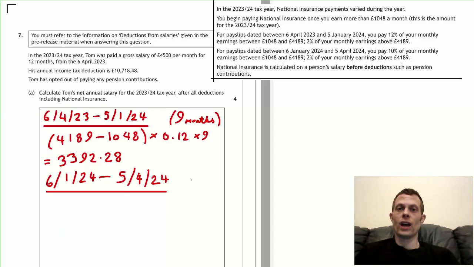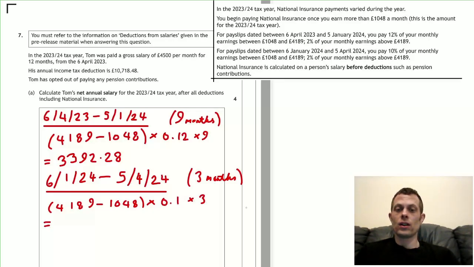Now we'll do the same thing for the remaining 3 months of the tax year, January, February, March. And we're not counting April because we only go to the beginning of April. And 9 plus 3 is 12, which is the entire year. So same limits, but this time it's a 10%. So we multiply by 0.1, and that's for 3 months. So that brings us to